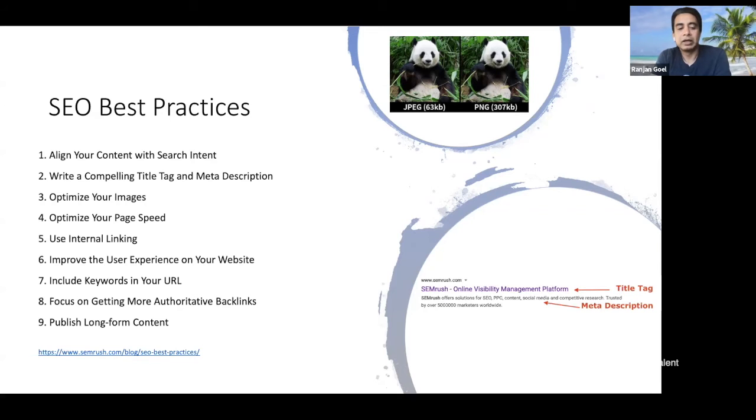Then the fifth thing is about linking, both internally linking your different pages. The amount of linkages to your page basically ranks the page up also. Then external linkage to your page.